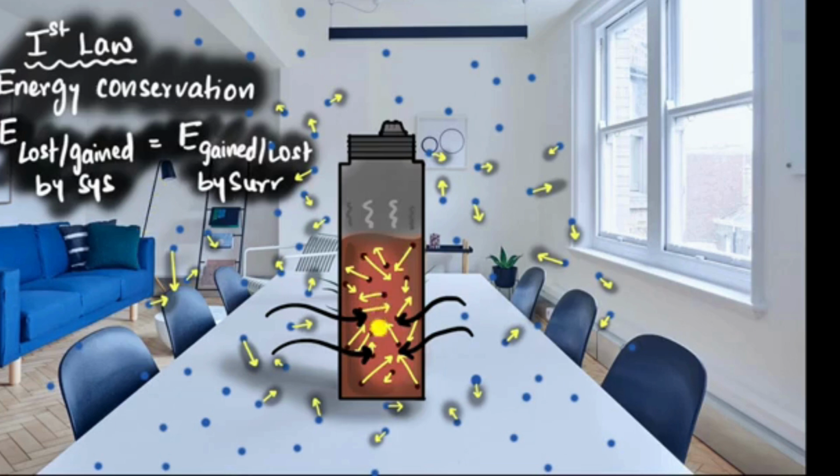All right, let's see. As long as we made sure that the energy gained by my system is exactly equal to the energy lost by the surrounding, we are done. The first law of thermodynamics has no problems with it. So you see, if we just think from the first law of thermodynamics, a hot coffee can cool down all by itself, and the reverse must also be possible. That's why we said it's not a silly question.